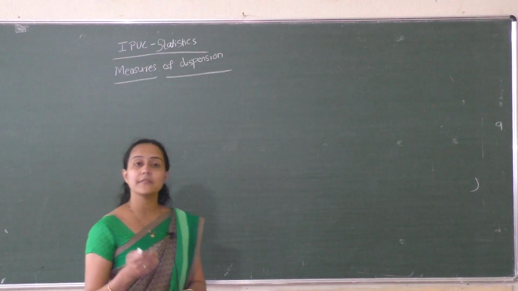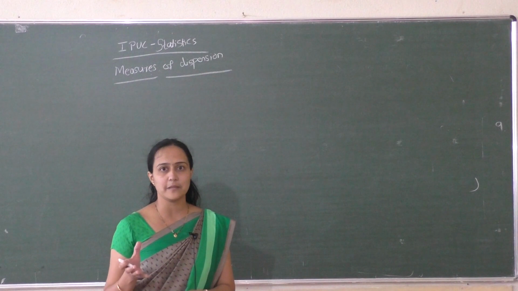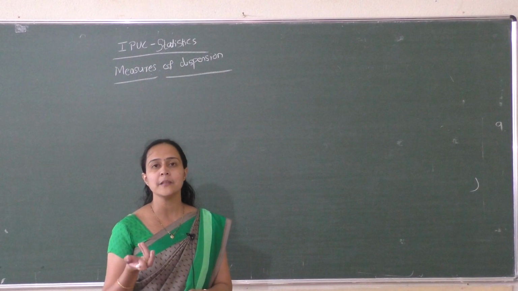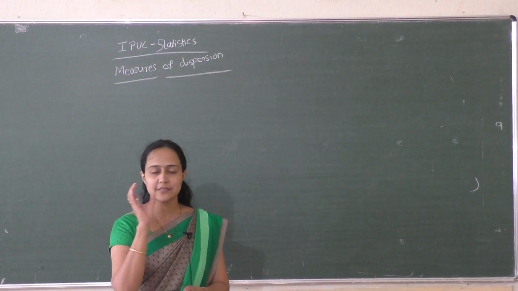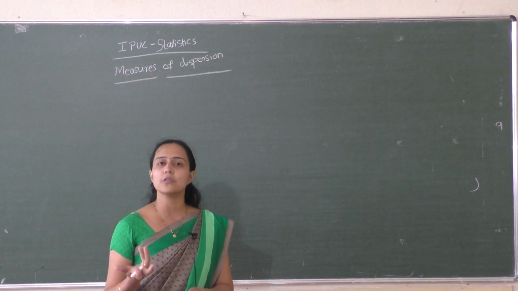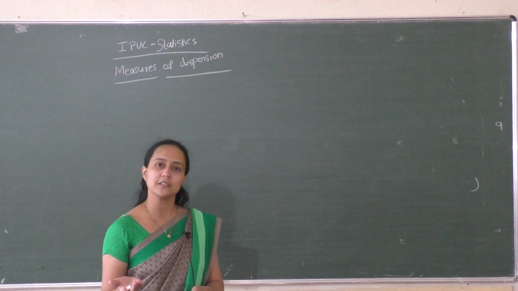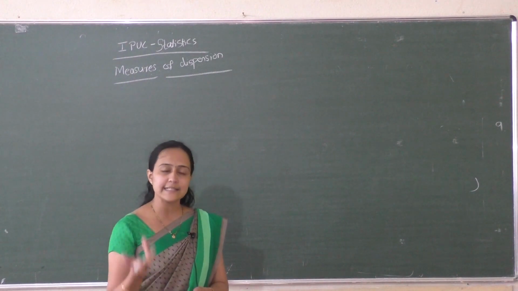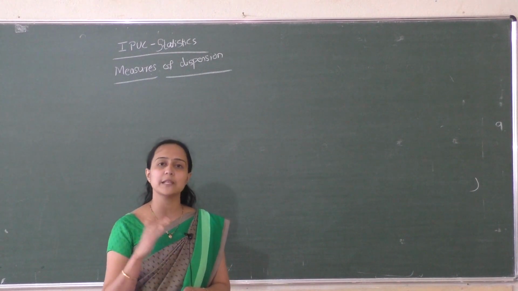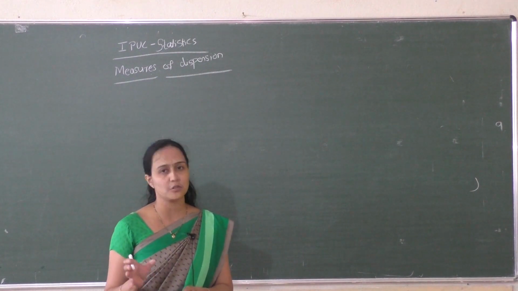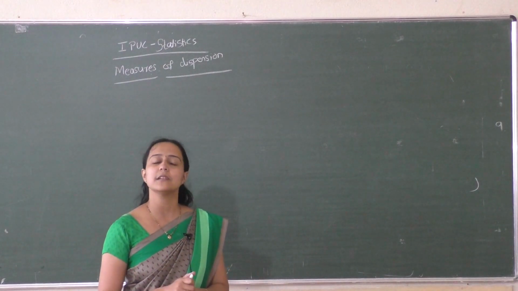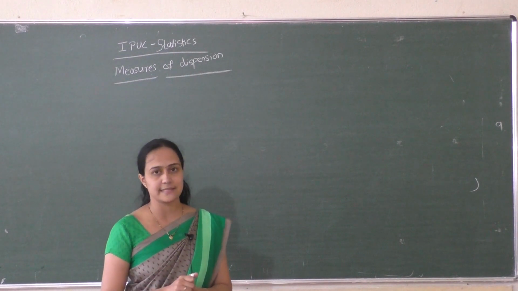So we discussed the raw data problems, that means ungrouped data. If ungrouped data is there, how to find QD? QD is just the difference between upper quartile and lower quartile divided by 2. You know how to find Q3 and Q1, isn't it? The coefficient is also the same: just find Q1 and Q3, then Q3 minus Q1 divided by Q3 plus Q1. We also saw discrete series distributions, and we discussed problems, isn't it?